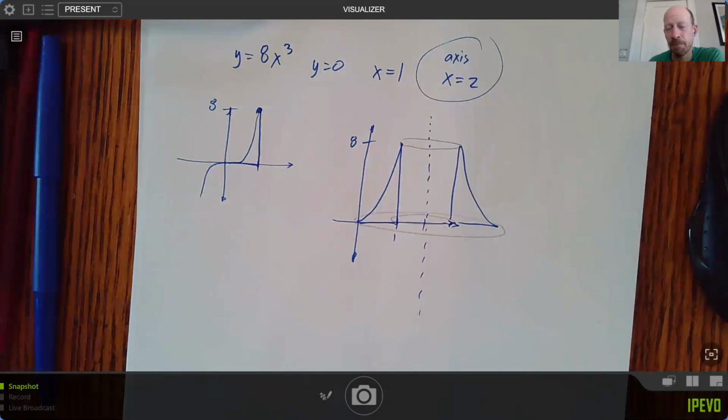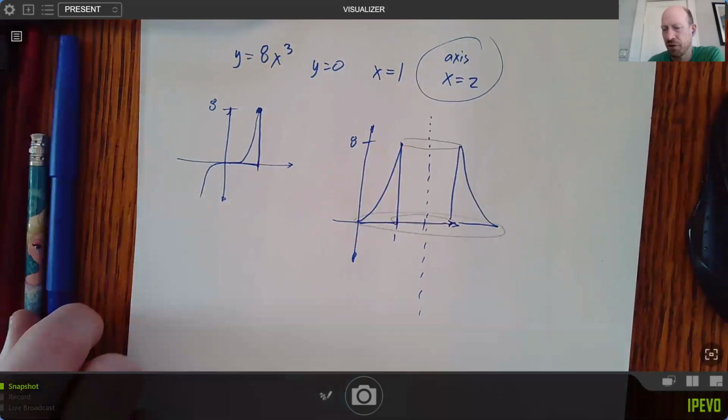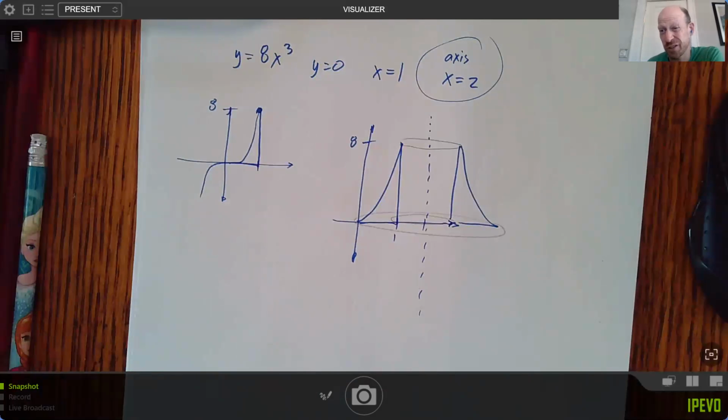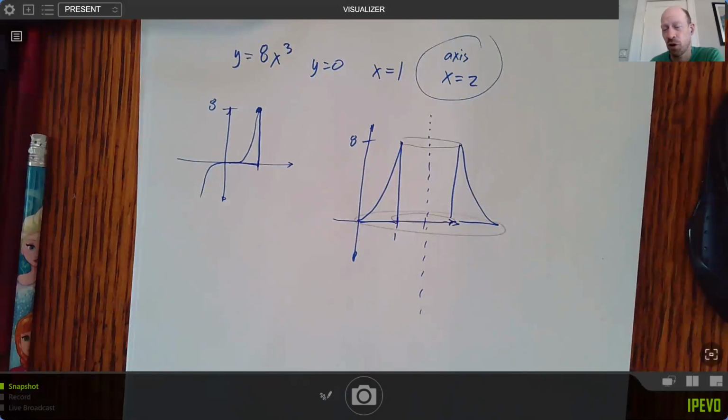Now, we know from Tuesday's class that we can do cylindrical shells or discs and washers. And in fact, in this case, probably cylindrical shells is actually easier, and maybe I will do that afterwards. But this is from 6.2, so they're probably intending you to do discs or washers. These two sections are all about making the right choices, like being able to decide which of these several options we're doing. So if I want to do a disc or a washer,